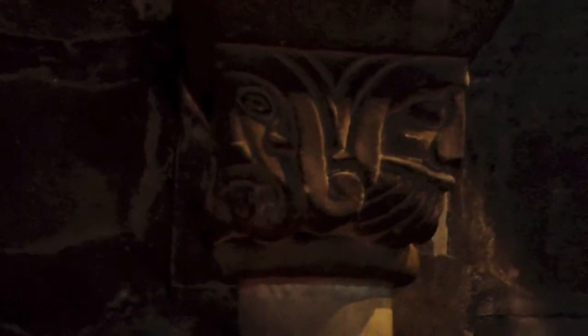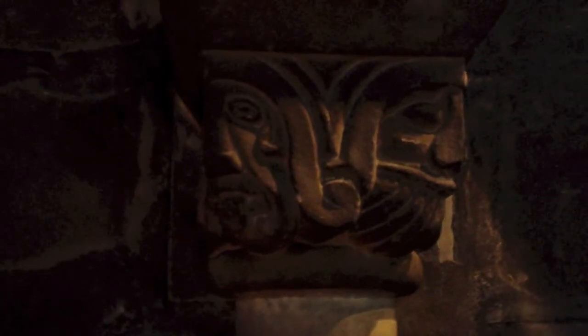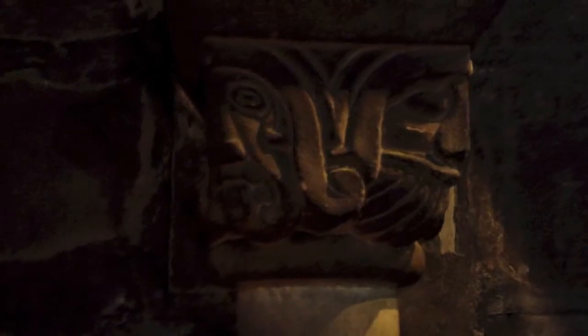And then round behind Father Christmas is what they call a tongue puller. Can you see him? Oh yeah, he's got his tongue out. He's sticking his tongue out at the priest. And why is that? That's because the stonemason's got a sense of humour. And so also has the priest. The priest can turn to the head and say, "What do you think of my service so far?" And the head says...